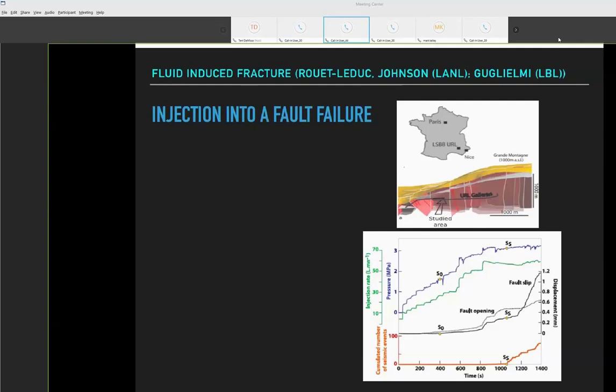The next thing I wanted to just briefly mention is fluid-induced fracture. This is work that was done first by Yves Guglielmi and his colleagues. Yves is currently at Lawrence Berkeley Laboratory. He and his colleagues in southern France have done a number of experiments where they drill through an inactive fault, they place packers on either side of that fault, they inflate and make it slip.